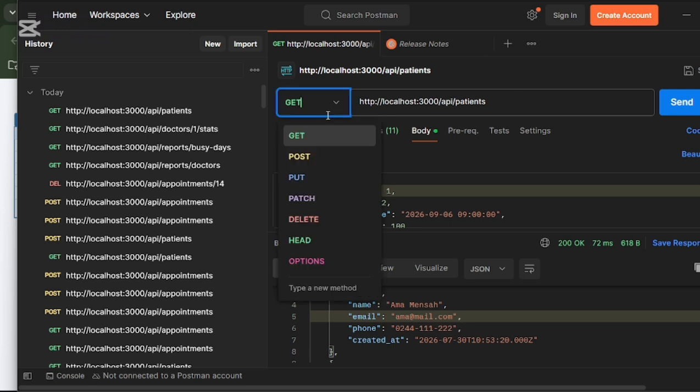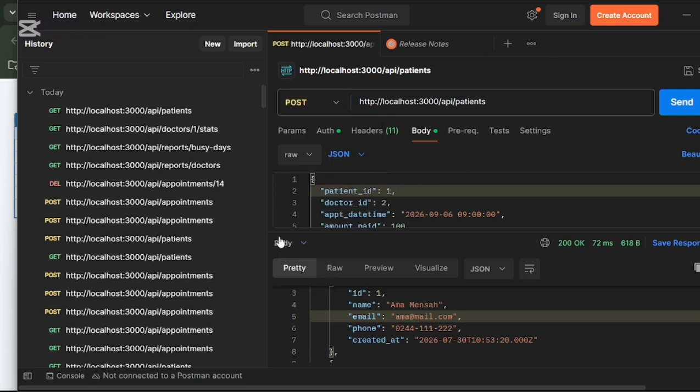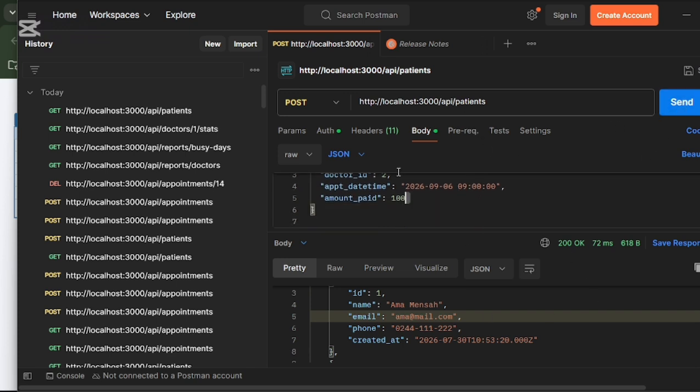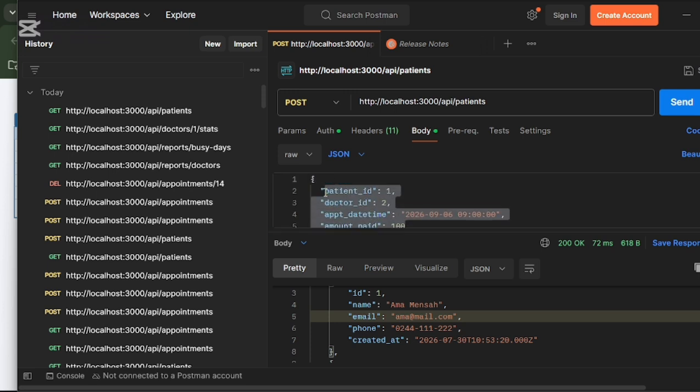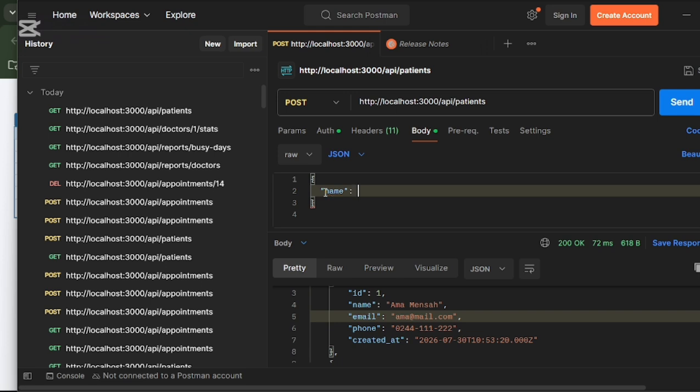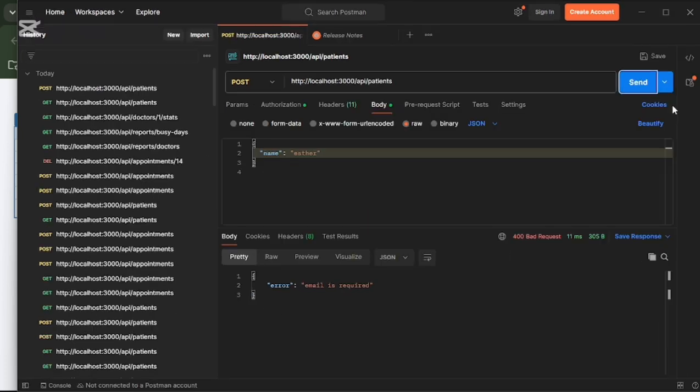Let's post patients with a missing field. Name, Esther, and send. You see, I only sent the name, the API returns 400 and tells me email is required, which means we are missing some fields. And let's post appointment